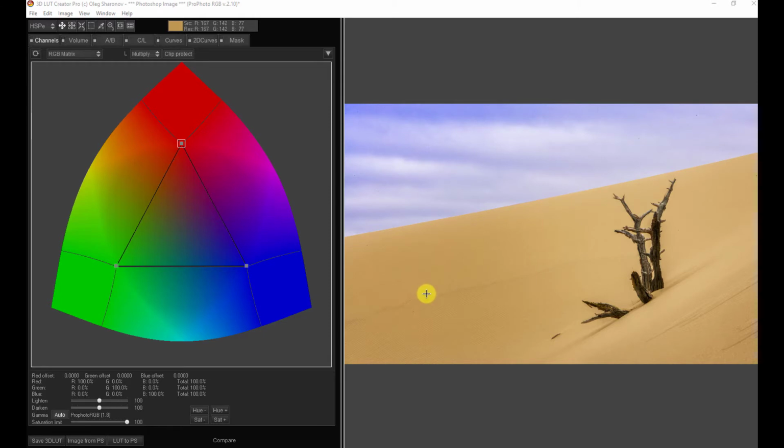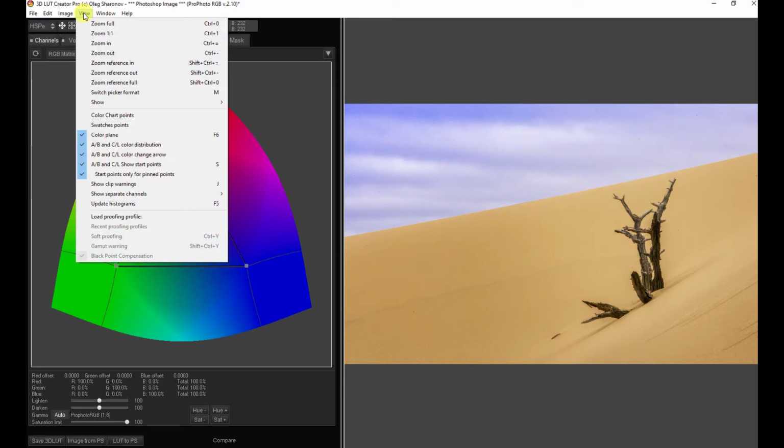And so when I make a change to the color of one channel, or when I make a change to the component colors of one channel, like if I want to affect the red channel, it's going to have an effect on the sand, but it's also going to have some effect on other colors as well, because most colors are composed of some degree of red, some degree of green, and some degree of blue. And we can see that. We can actually look at our channels,